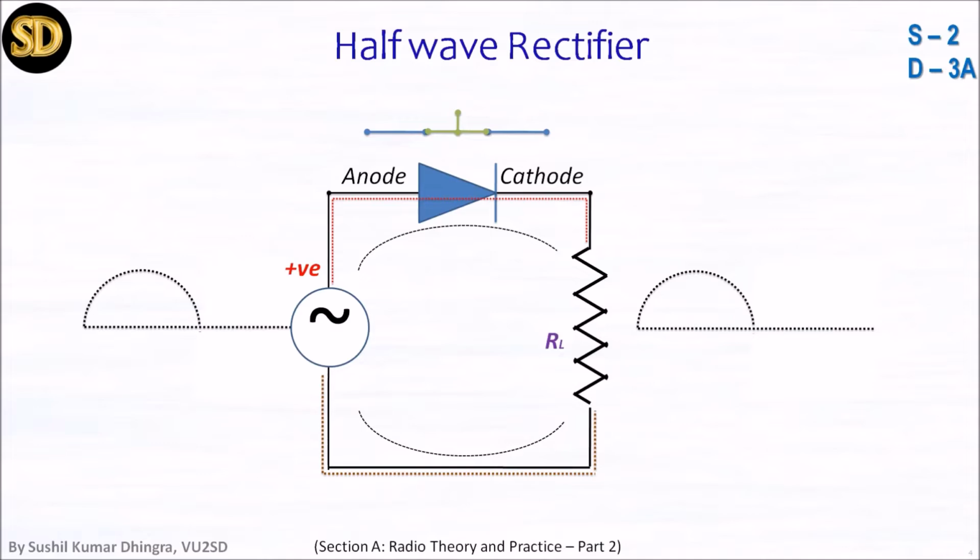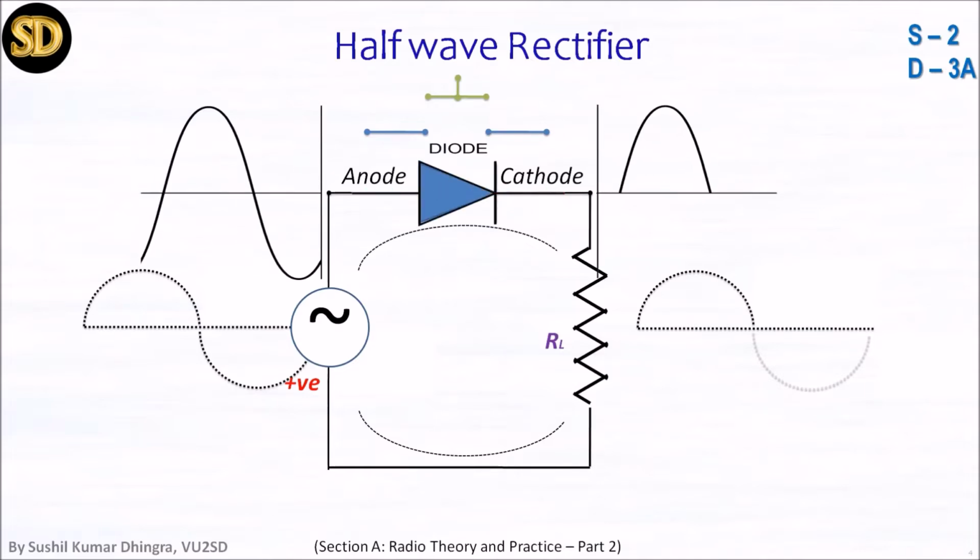Now in the other case, when the voltage polarity changes, in other words the phase changes from positive to negative, the diode changes to reverse bias and does not allow electrical current to flow, except minor leakage. So in this case, no electrical current will flow through RL.